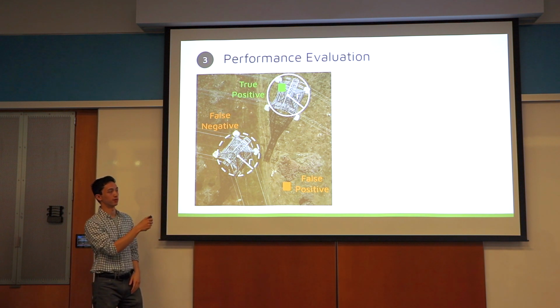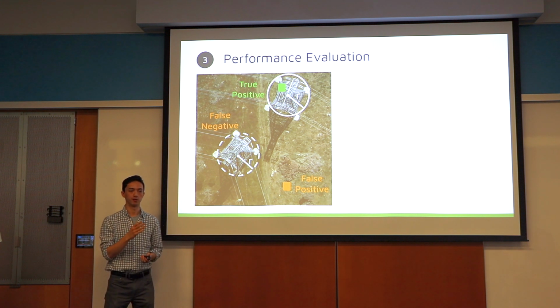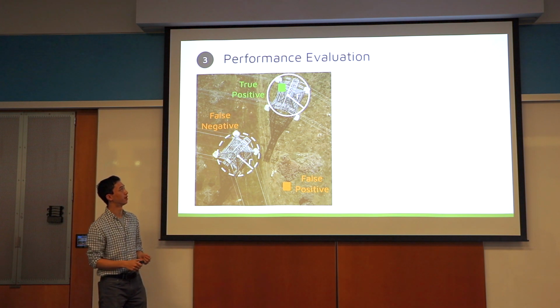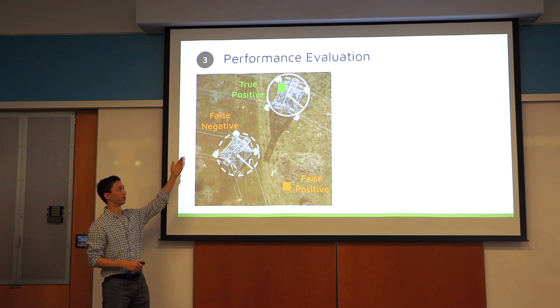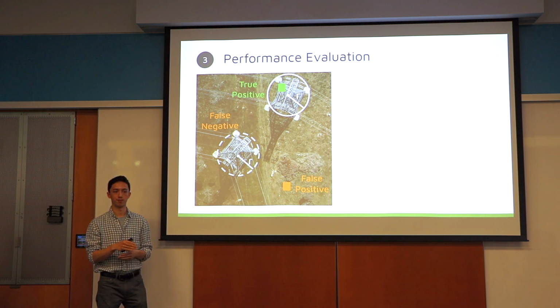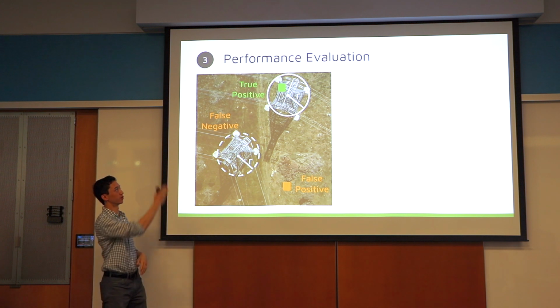And the way the scoring metric works is that for each tower, we say that the tower has been correctly identified if it's within a 2.25 meter radius from the center of the true tower. To make that clearer, let's look at this one up here. This white dot in the middle of the circle is the center of the true tower, the one that you can see in the image. In this case, we would say that this has been correctly identified because this green box up here is a tower that the model has identified, and because that tower is within the radius, which is the circle from the actual tower, it's correctly identified, or a true positive.